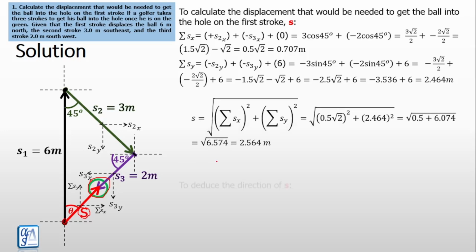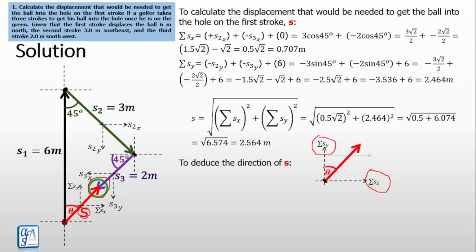Why? Because we know that here we have summation s of x and summation s of y. Okay? So if you have to solve for s, using Pythagoras rule, you're going to be having something like this,